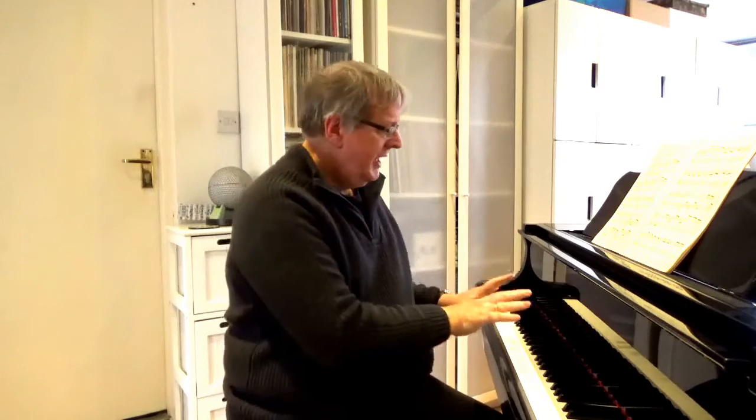And any passages similar to that which use broken chords or even arpeggio figures, use those hand position changes in the chords as your anchor points. Well, I hope that was reasonably helpful,